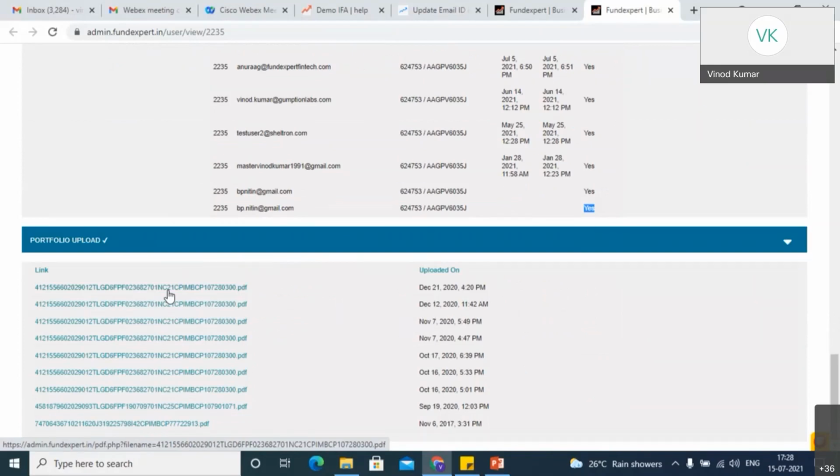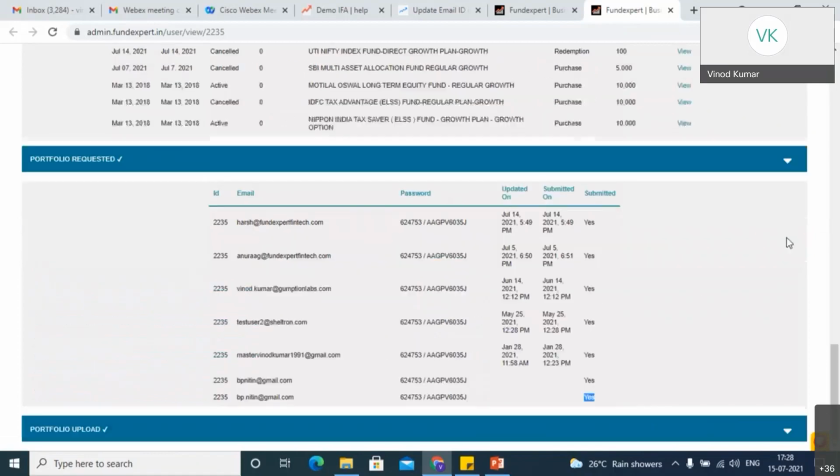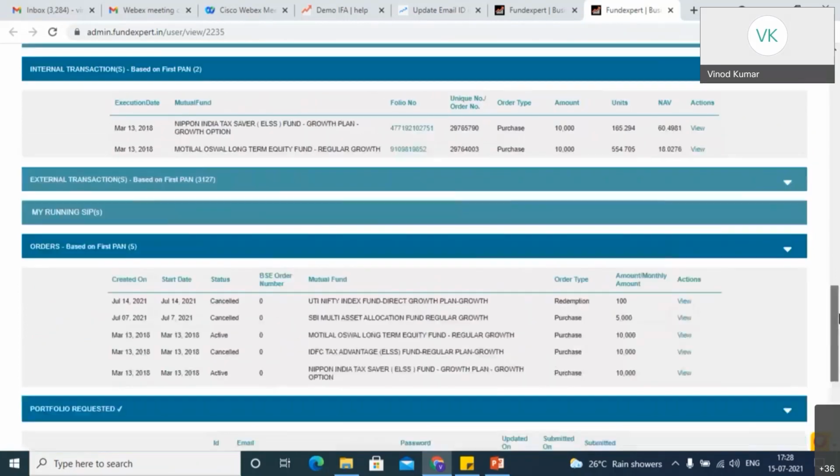Or if the client had invested with some other email ID, then you can ask him to request the PDF with that email ID. So all this purpose you can use this. You can see here it is requested in a different email ID. So whichever email ID the client has done the investment with, he needs to enter that and request for that fund to appear. To verify everything, you can download that particular PDF from the admin panel itself. So that option is also available here.